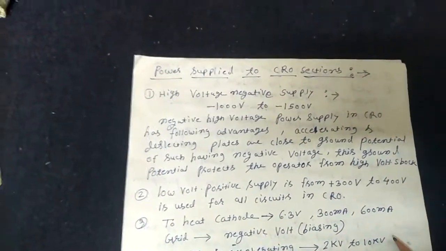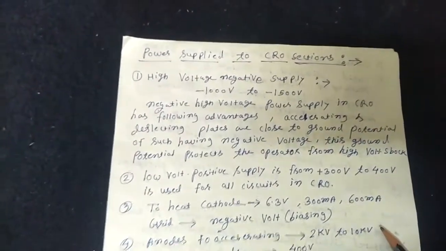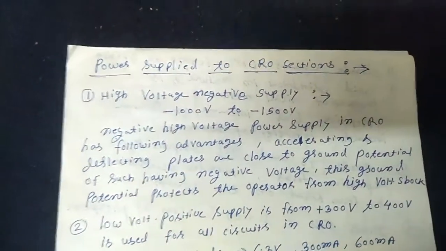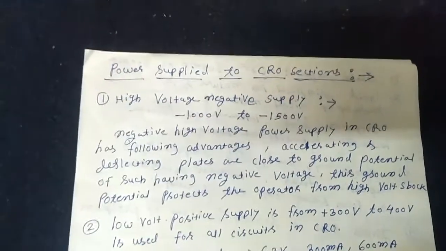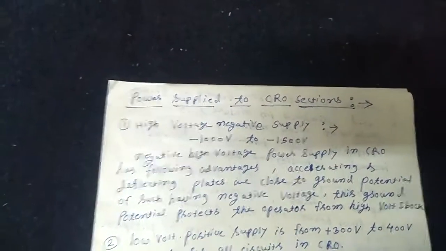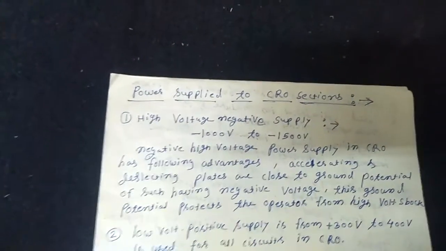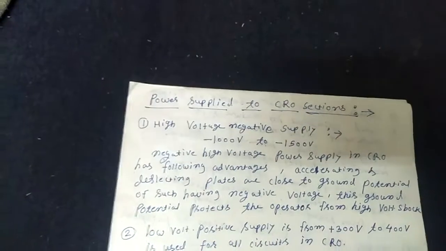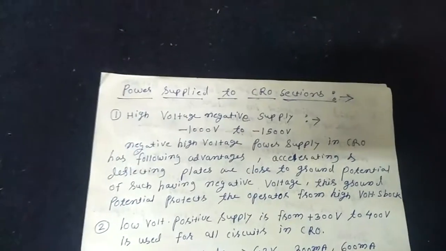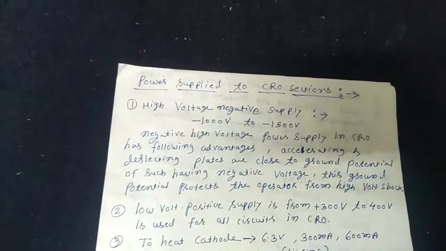There are two main power supplies: a high voltage negative power supply and a low voltage positive power supply. The high voltage negative power supply varies from minus 1000 volt to minus 1500 volt. This negative power supply is close to the ground potential, and it is at the accelerating and deflecting plates. At the deflecting plates, the ground potential, which has the high negative power supply, protects the operator